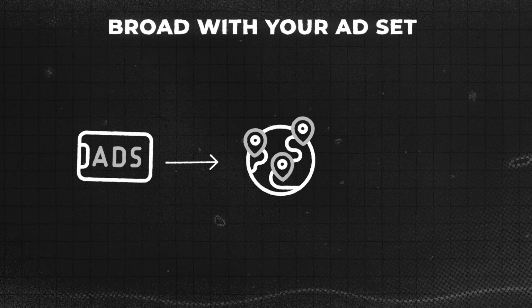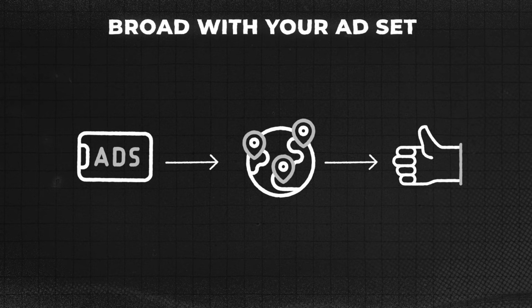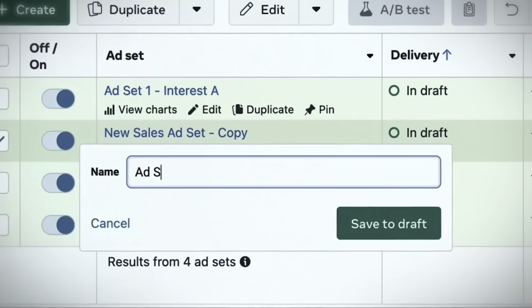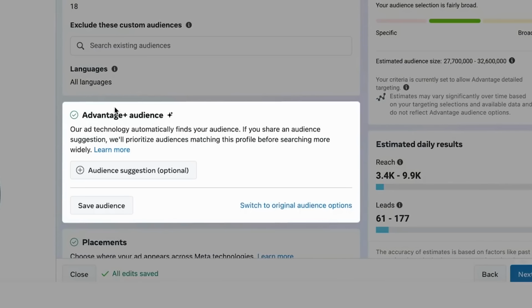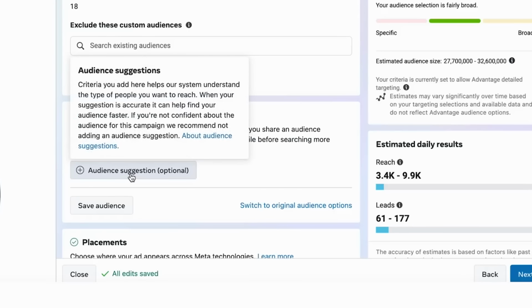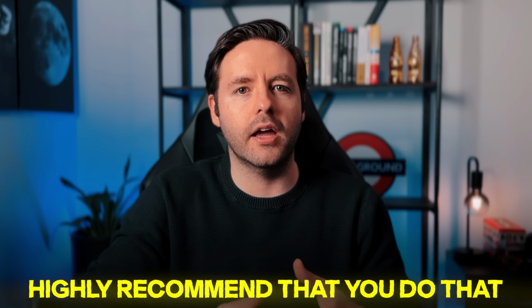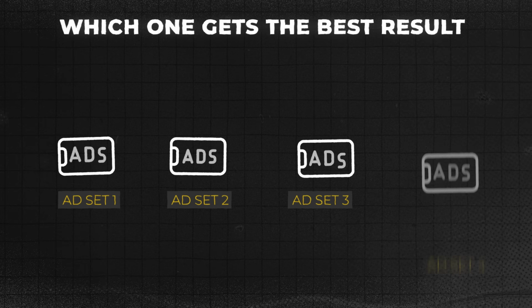Well, yes and no. Yes, in the fact that it is easier when it comes to targeting different audiences and interests, because most likely you can go broad with your ad sets and you'll probably get better results. Now, I still recommend testing different ad sets just to be 100% sure. But if you're not already testing an algorithm-based audience or an algorithm ad set, then I'd highly recommend that you do that. In other words, I highly recommend you test going broad with one of your ad sets on Facebook to see if that gets better results than the other ad sets you're already testing. And if you've tested this in the past and it hasn't worked well, if you test it now, you might be pleasantly surprised to see you actually do get better